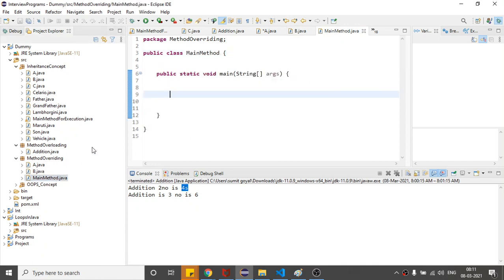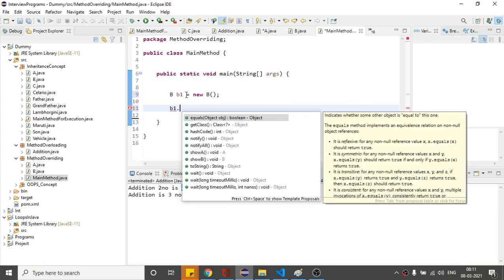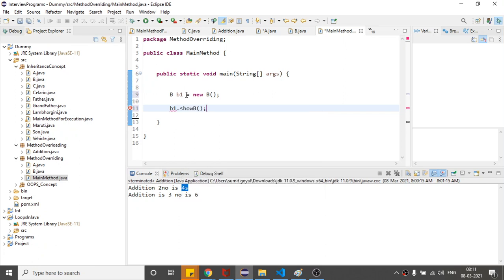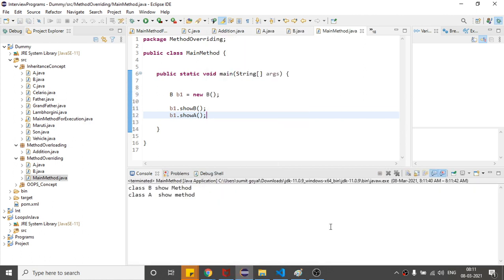So from the main method, if I create the object of class B, new B, as you are using the extends keyword, you are able to call the methods present in class B as well as A. So this method is coming from class A because you are using the extends keyword, and this method as well you can use. So if I use this one, and after that this one, it will simply call both the methods. So I think this part is clear to everyone. We have not discussed anything new as of now.